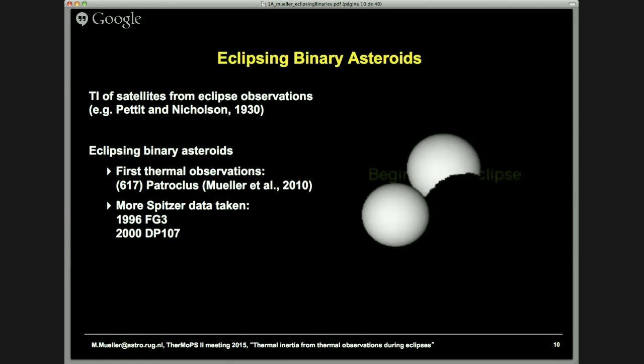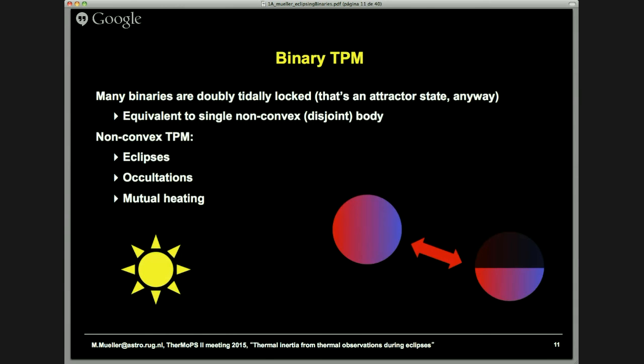And what my model to analyze those eclipses does, it's kind of cheating, because I only work with doubly tidally locked binaries. And here's where my cookies come in again. They rotate like this. So they always show each other the same hemisphere. That's like Pluto and Charon. They do that. And